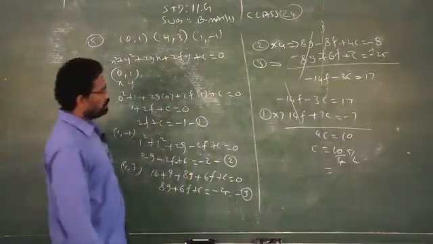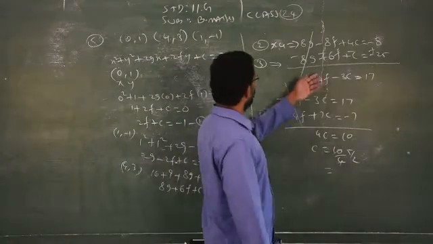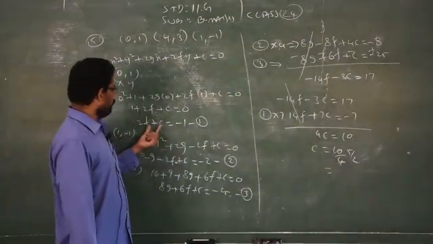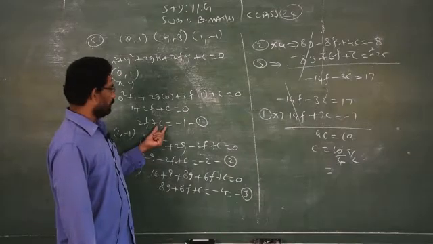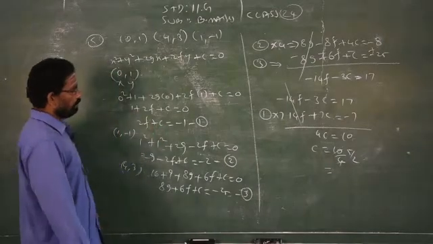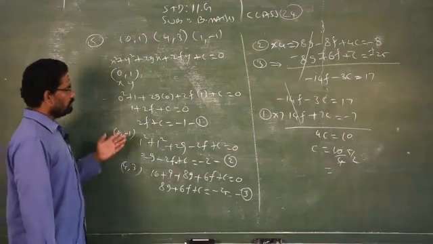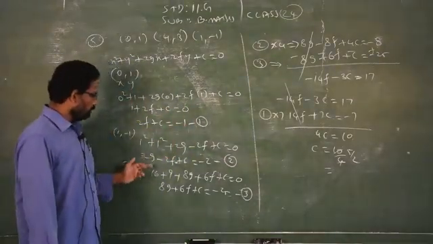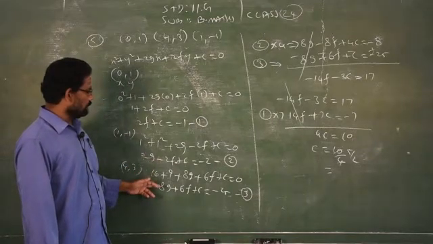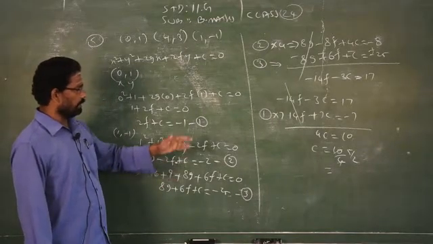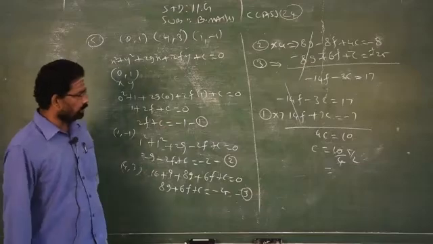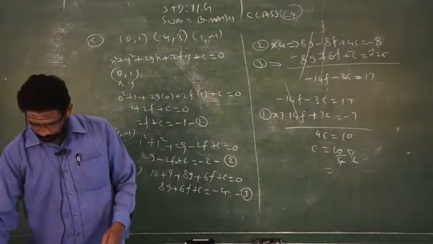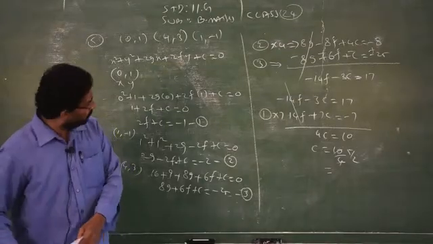After finding the value of c is equal to 5 by 2, take any one of those equations. Better you take this equation itself. Replace c by 5 by 2 and find the value of f. Then once you know the values of c and f, take any one of these two equations, replace f and c by the known values, and you can easily find g. So now we will see whether c will be equal to 5 by 2 or not. Question number.